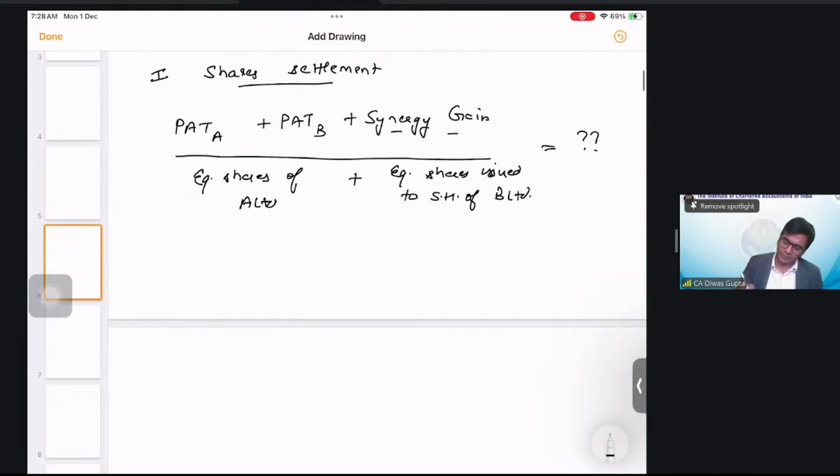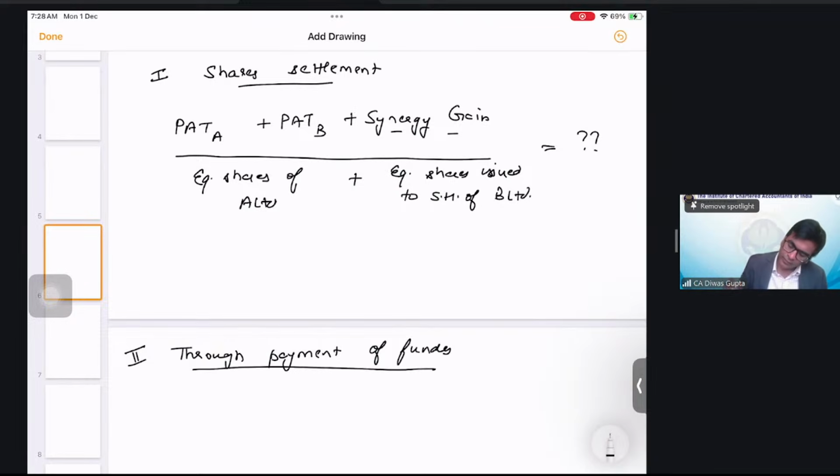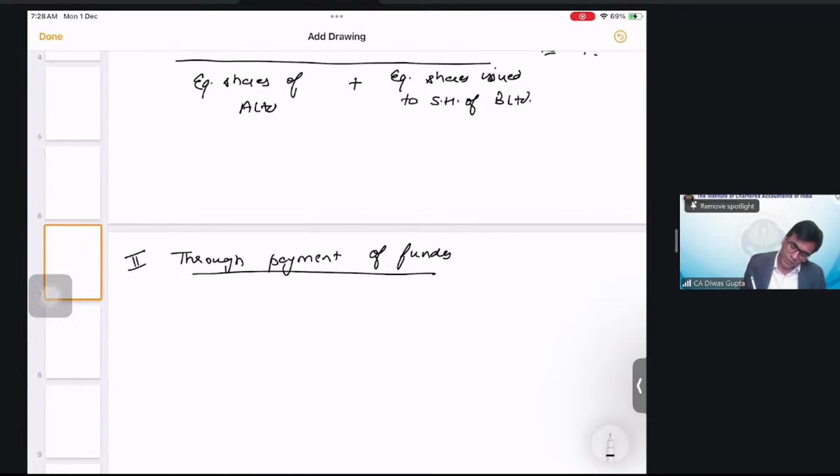Then the second one is through payment of funds. So how are you going to calculate the EPS if the payment is happening through payment of funds? Okay. So here EPS will become PAT of A plus PAT of B plus